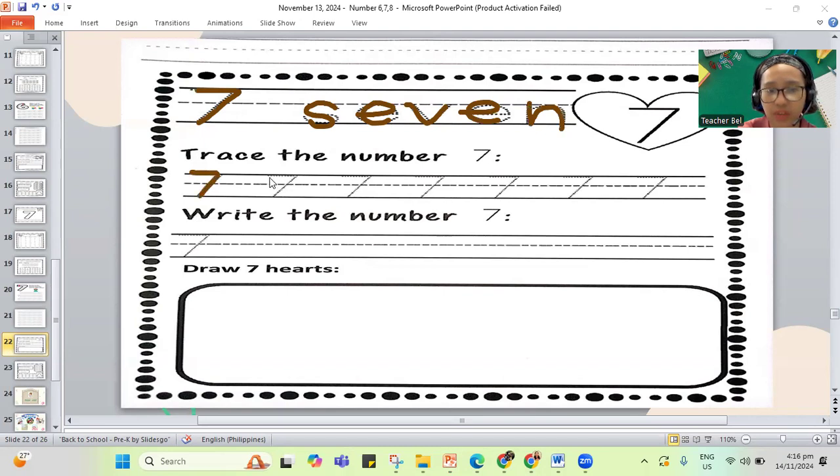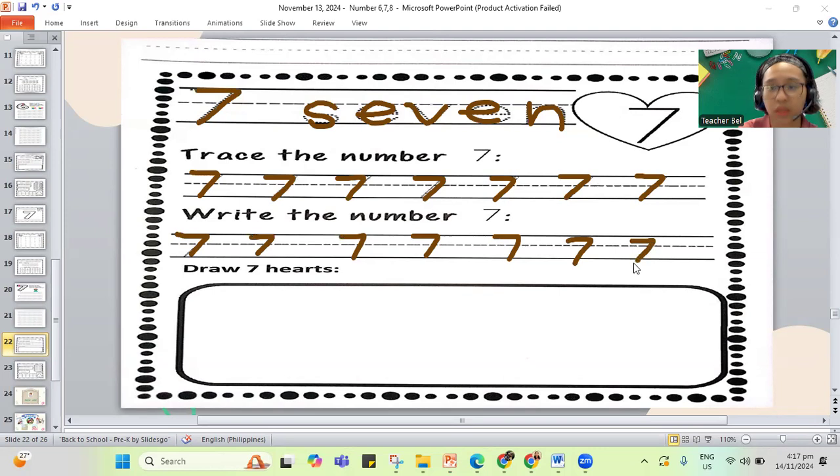Trace your 7 straight at the top and slide down, across the sky and down from heaven. All you need is the number 7.